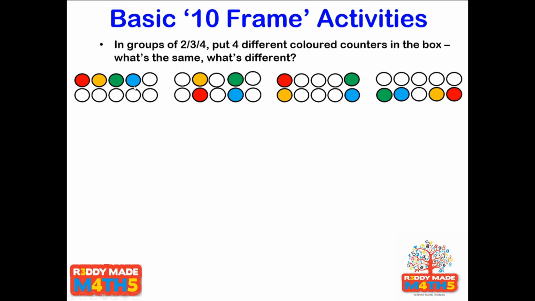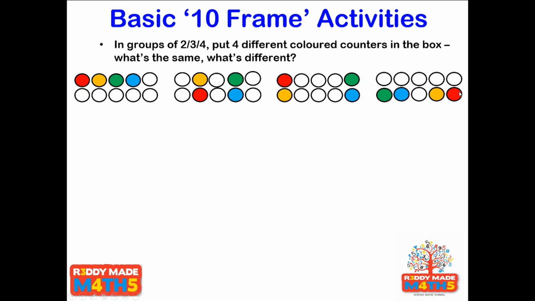We could compare the first box and the last box. The first box and the last box are both similar because they've both got 4 counters all on one row. Apart from that, they're very different because in the first box, they have all 4 counters together on the top row in the first 4 positions: red first, yellow second, green third, and blue 4th. Whereas on the last arrangement, they are separated into 2 twos, the green and the blue together, and the yellow